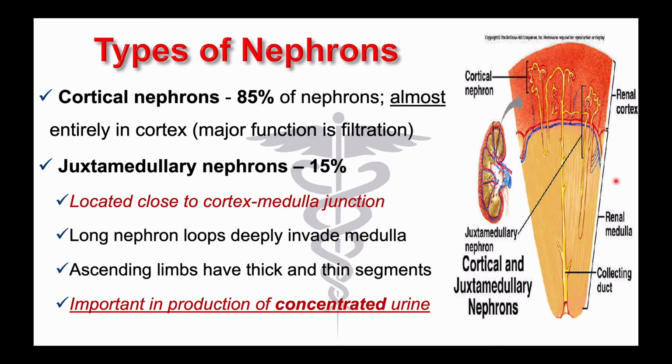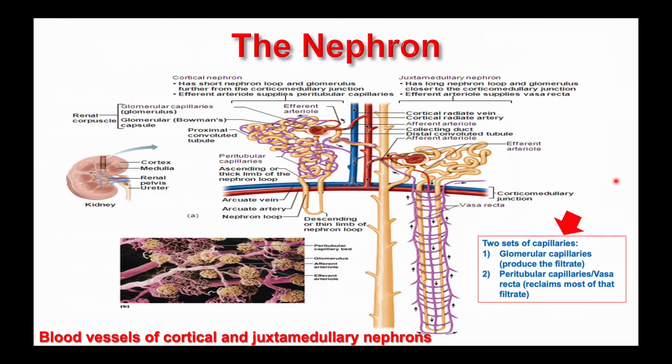Okay, now coming to the nephrons, you can see this is the nephron, where the renal arteriole enters and forms the capillaries and comes out as the renal venule. Here you can see a lot of vessels present around the loop of Henle, because in the first stage of urine formation, every fluid is filtered, and